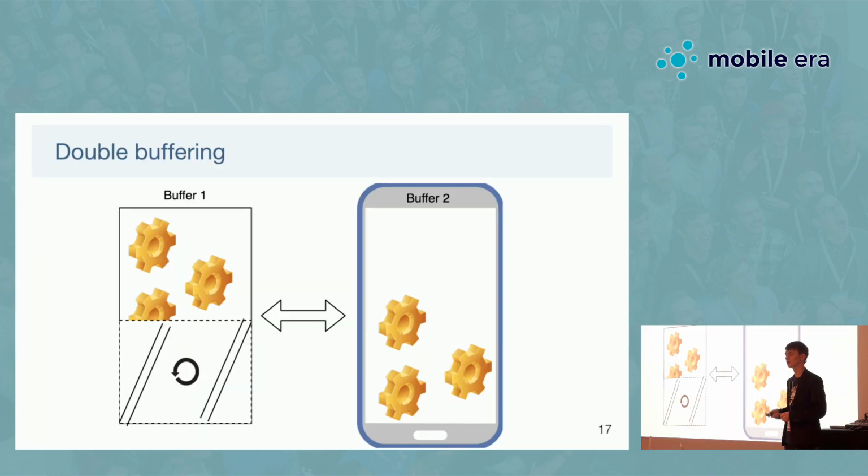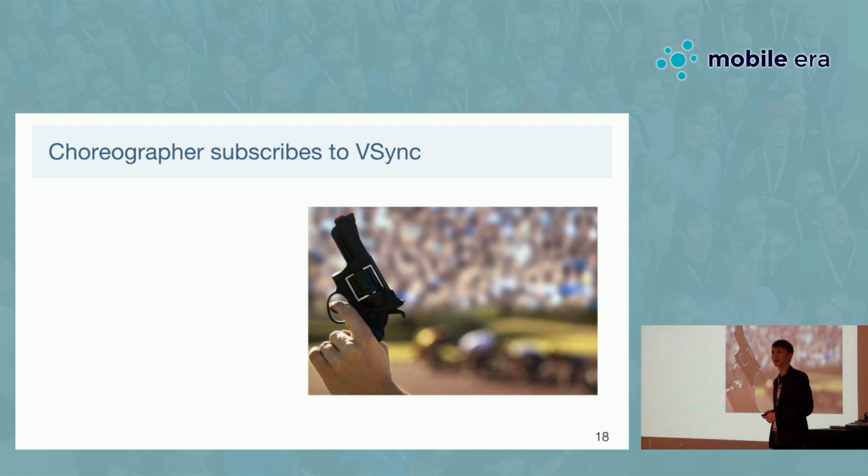And that's impossible on Android because we use a technology called double buffering. So we have two buffers, and one buffer is on screen, another one is being built, and until it is finally built, they will not be changed. So we are safe. So again, what happens on this vsync?